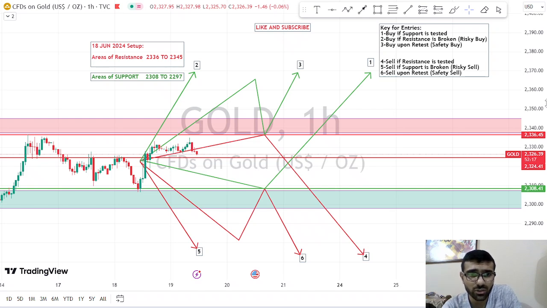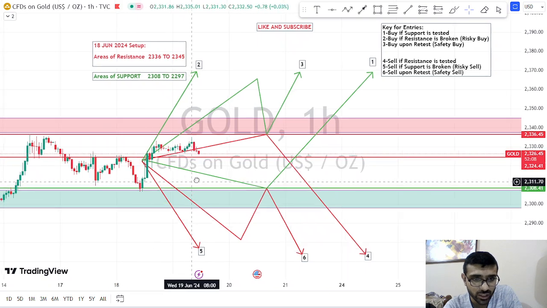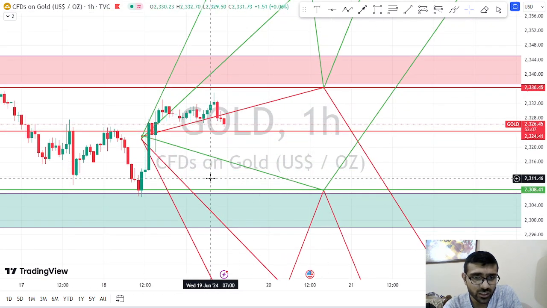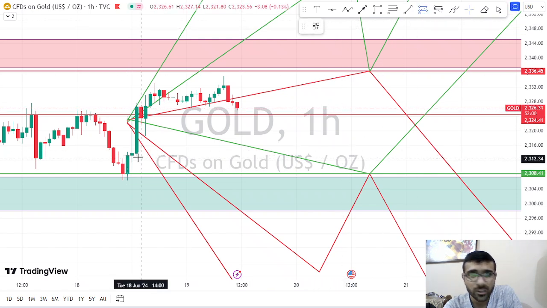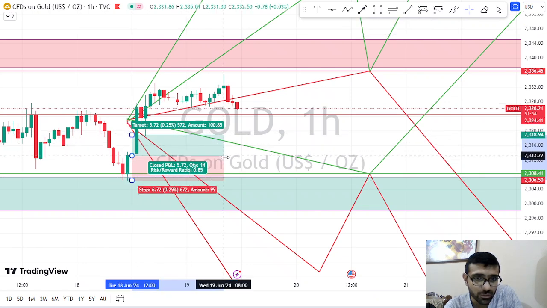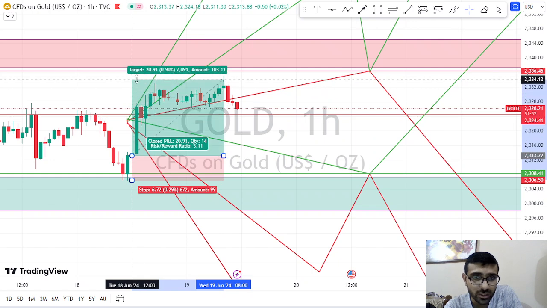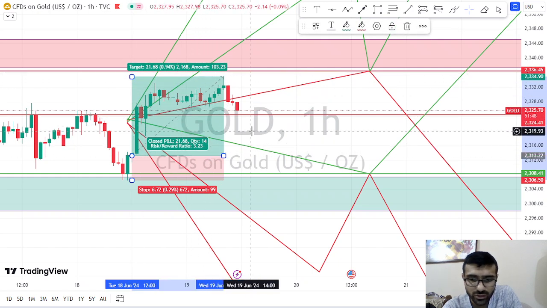Okay, so now let us continue with the gold versus US dollar ounce from where we left off yesterday. When we were discussing the market yesterday, the market was trending over here, and you can clearly see that once the market closed off with a bullish candle over here, we were going to long this pair. If we take a long position, our stop loss will be just below this previous candle